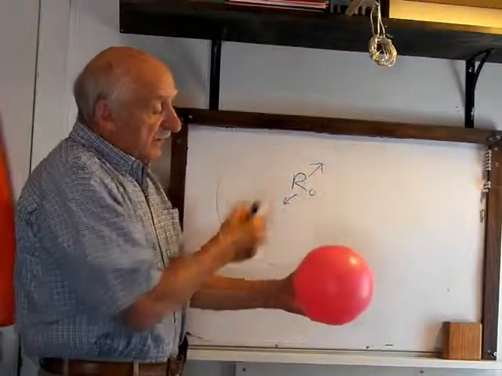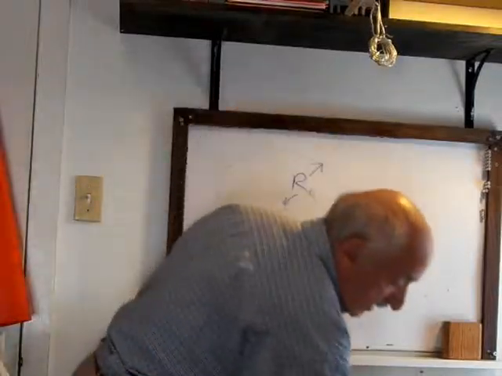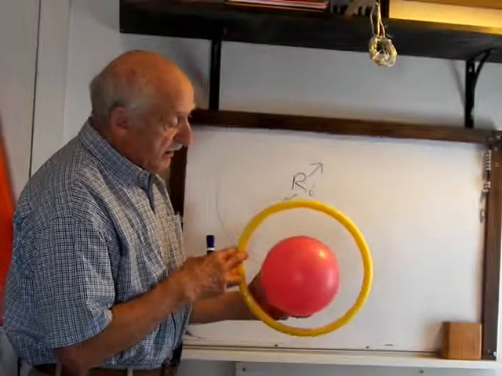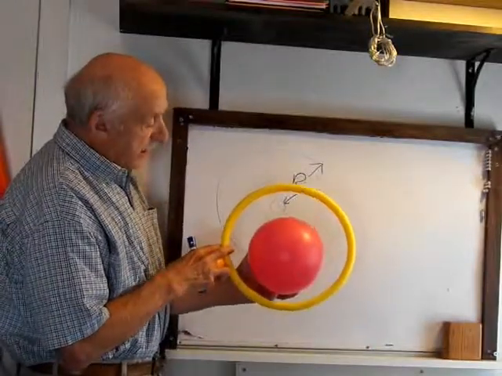So I'm saying that there is an imaginary circle or ring around the Earth,